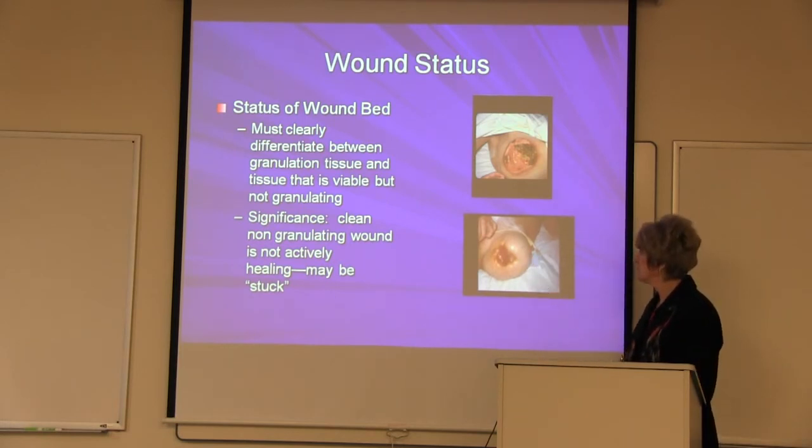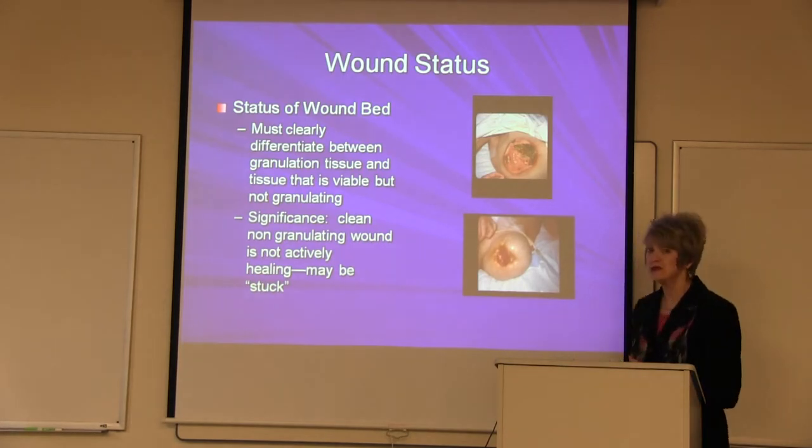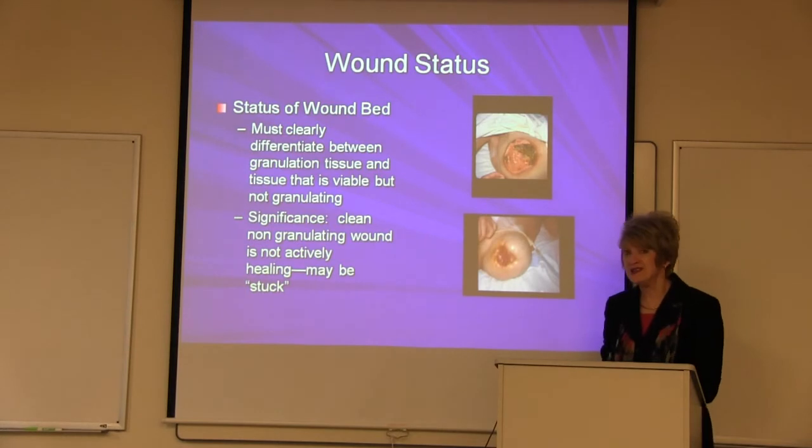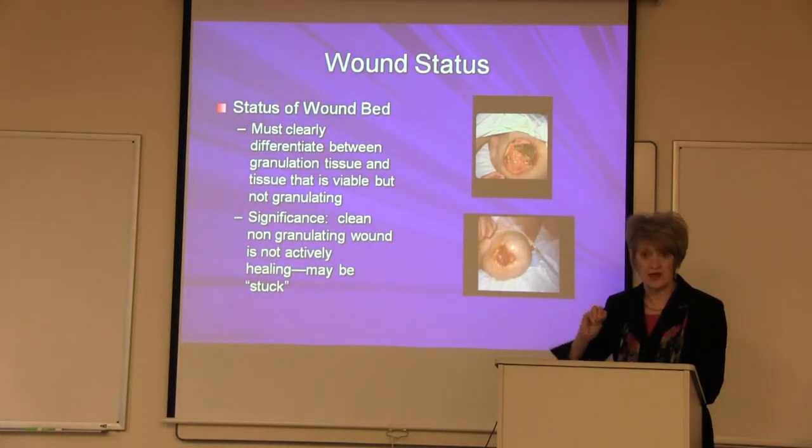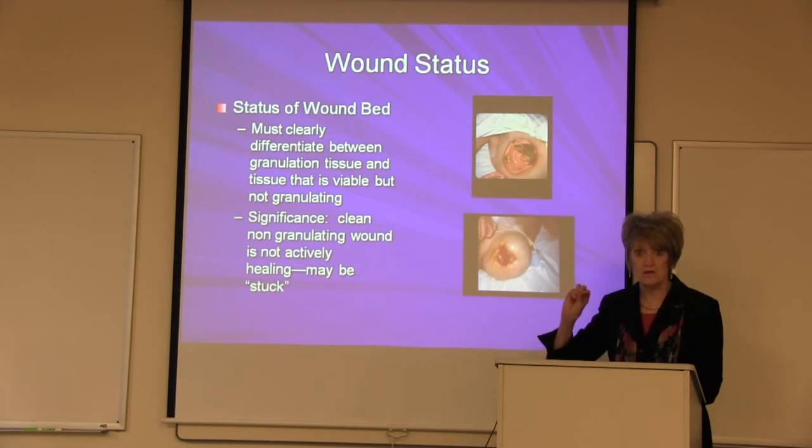Now, look again at this wound. You've seen this wound previously. This is that high amputation. The wound is clean, but notice there is no granulation tissue. There is no area of the wound that has that irregular berry-like surface. And it's very, very important to distinguish accurately between a wound that is clean but not granulating and a wound that's actively